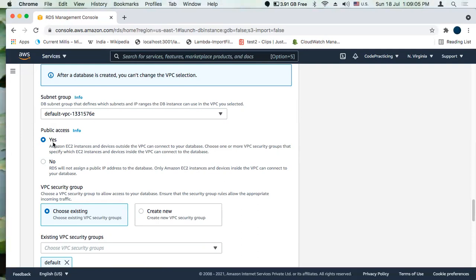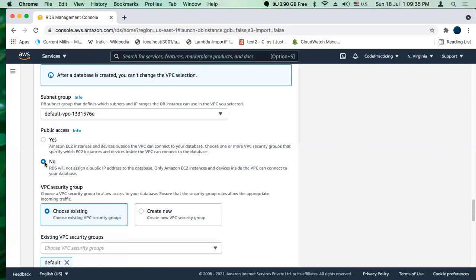our local computer. Do remember, if you enable public access, it will be visible to the public, but it is not like anybody can access. Whoever wants to access the database from the public should have the login credentials and endpoint, then only they can access. For this tutorial, we will select yes, otherwise we won't be able to access it from a local computer.